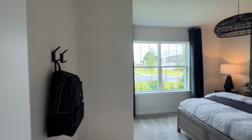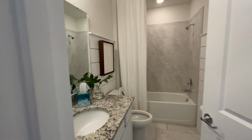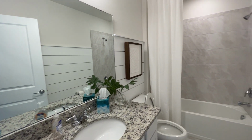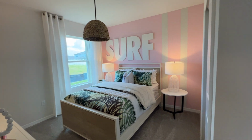This property is so big and so spacious. I know you guys are going to love it. The builder is actually offering $10,000 to go towards your closing costs, and they have another property that's available right now that they're offering $25,000 with. So if that's a property that you like, definitely call or text me